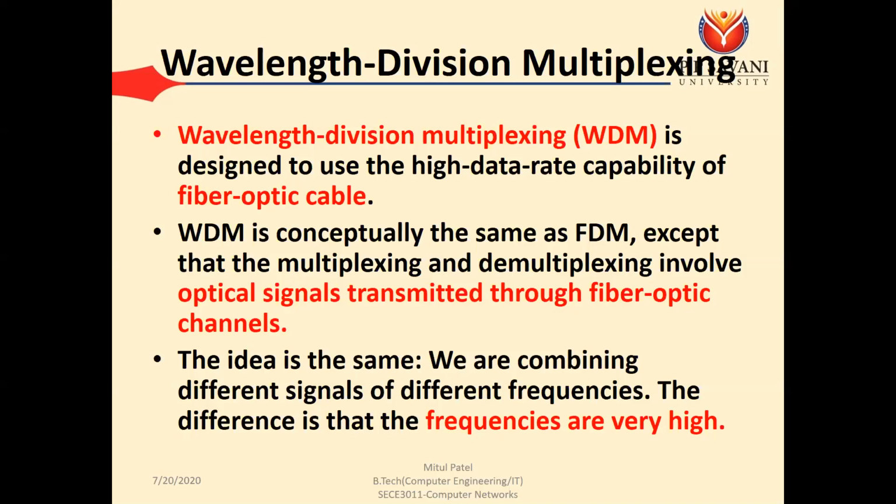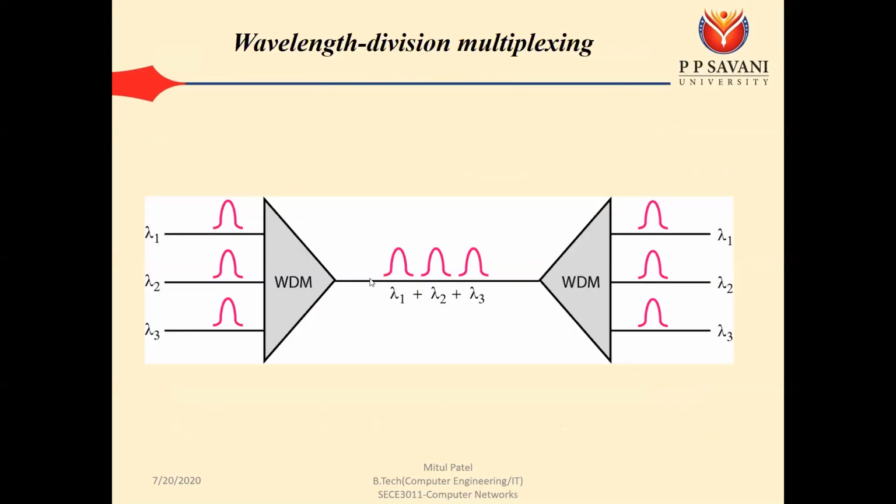Prism. Okay, so good, very good. So in case of the WDM we are using this prism for this multiplexing and demultiplexing. In the optical fiber we are using the concept of this prism to perform the multiplexing and demultiplexing. So the idea is the same, that we are combining the multiple high frequency signals, so that multiple high frequency signals are composite and sent to the receiver. At the receiving side, again we have the prism that can separate out the various high frequency signals.